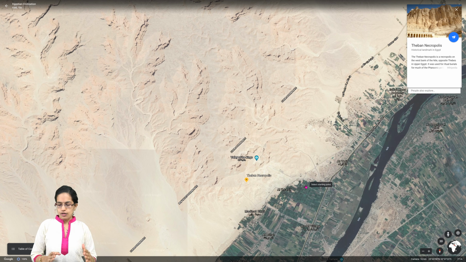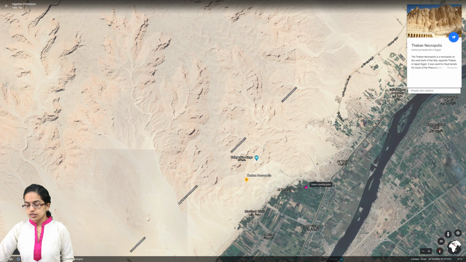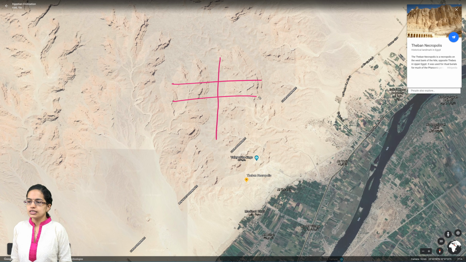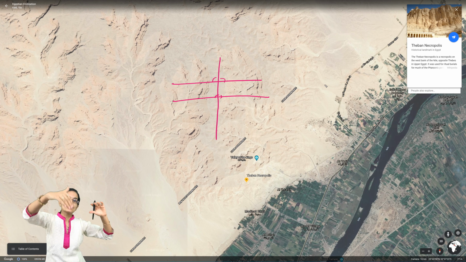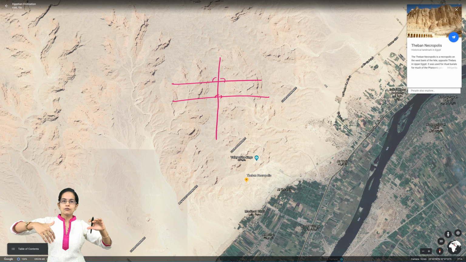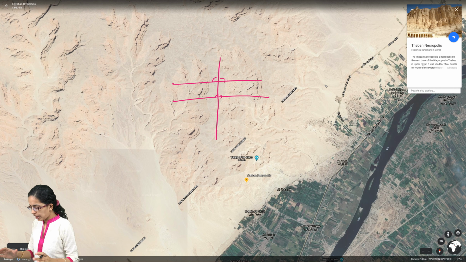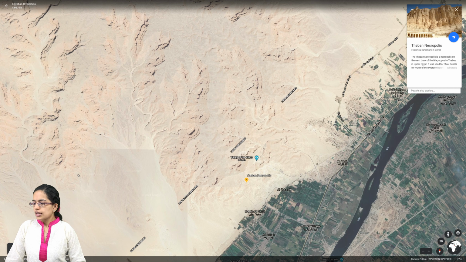Now all the towns that were present in the region of Egypt had some unique features. What were those? The first unique feature was that they were established at right angles. Each town had a window on the top so that direct sunlight could enter the house. Now there was a lot of hierarchy seen in the structure of the housing, hierarchy in the sense of the rich and the poor.